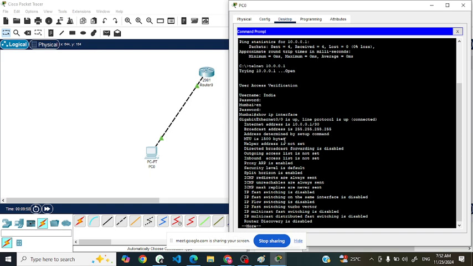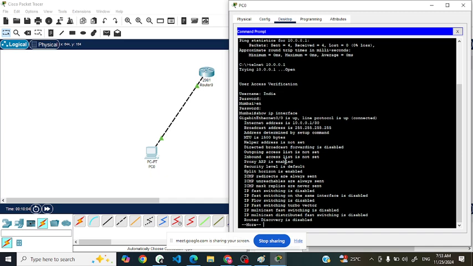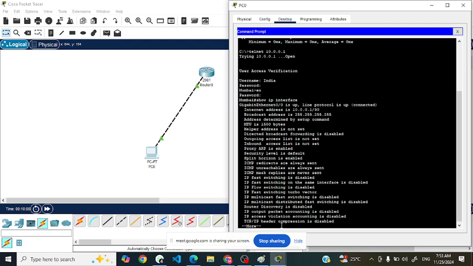MTU is 1500 bytes. Are you seeing? Yeah. So this is the command to see all the configuration